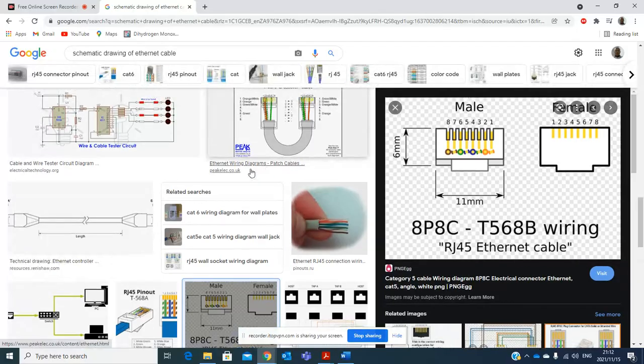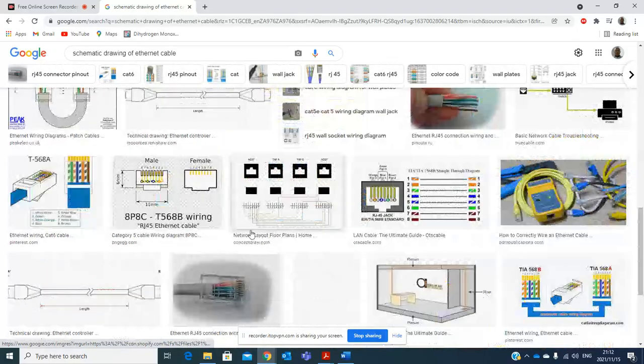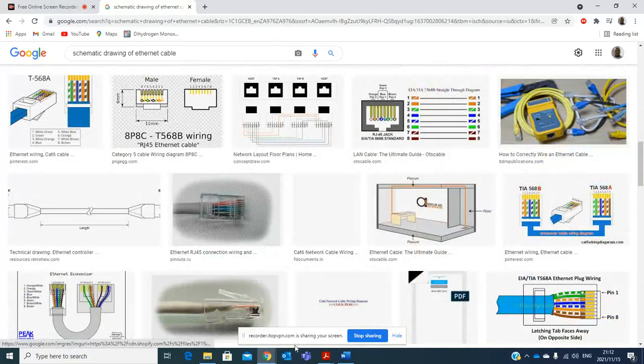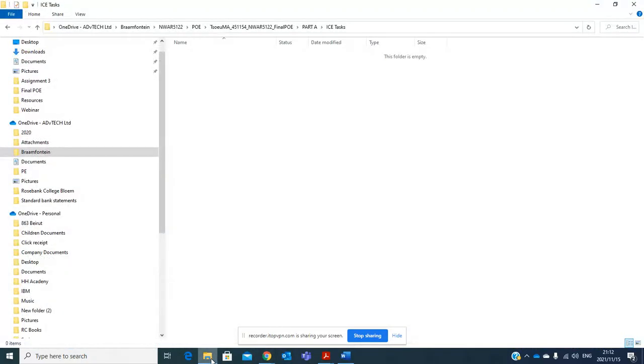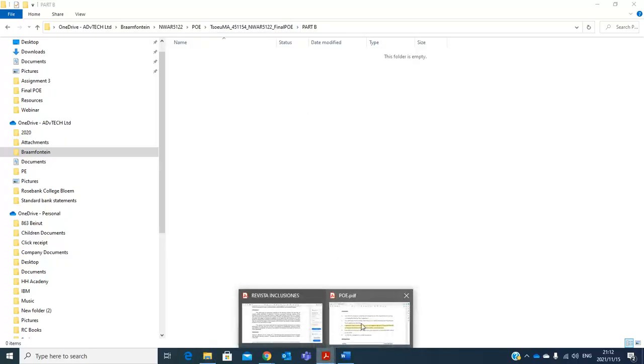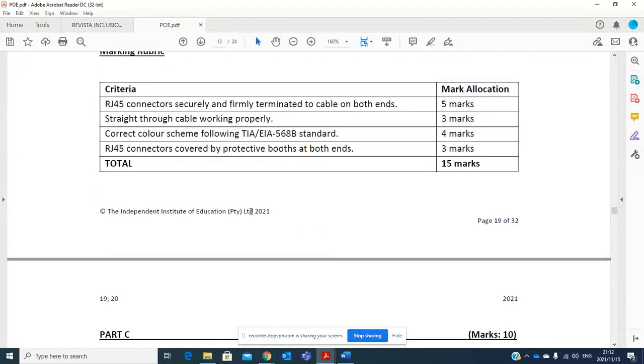You just choose any picture and paste it on Microsoft Word, and then you put that file in part B. So there will only be one file here, a picture showing your cable. And then you move to part C.